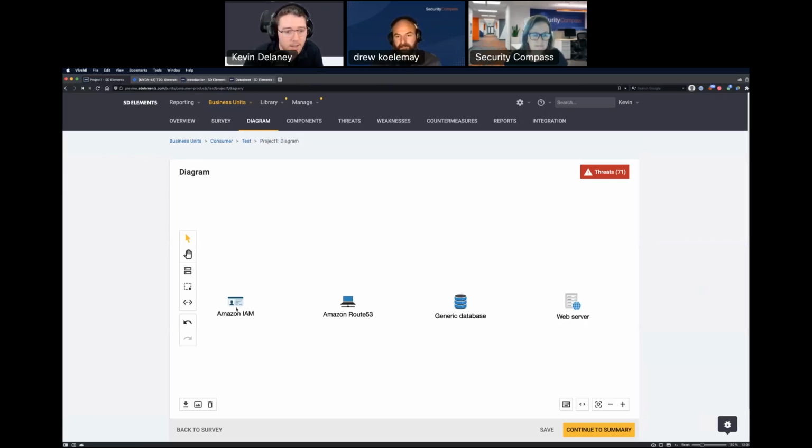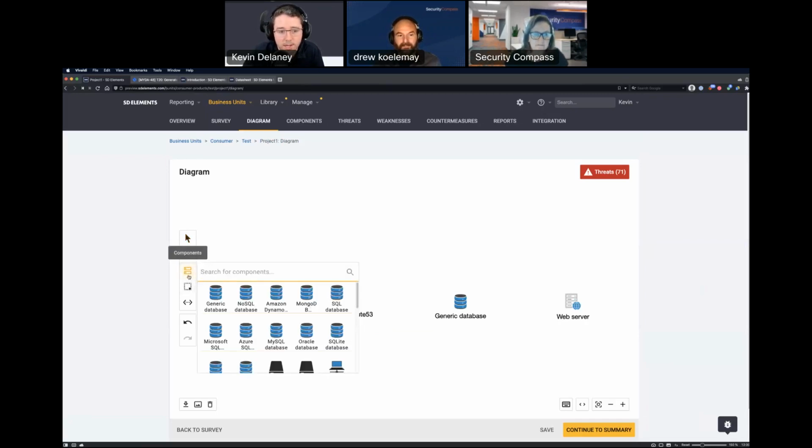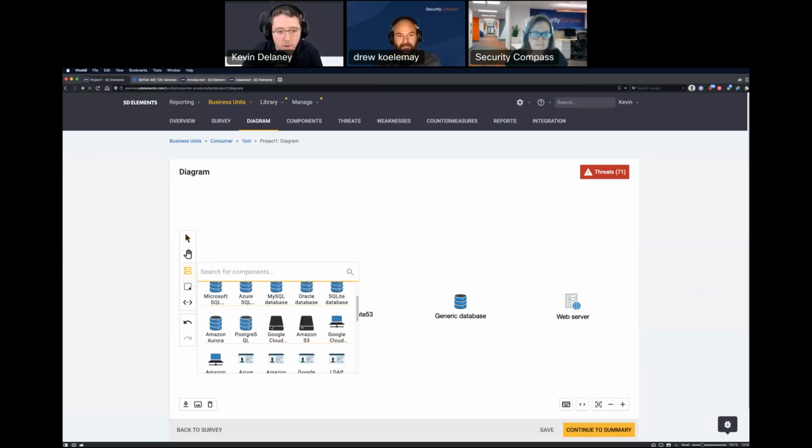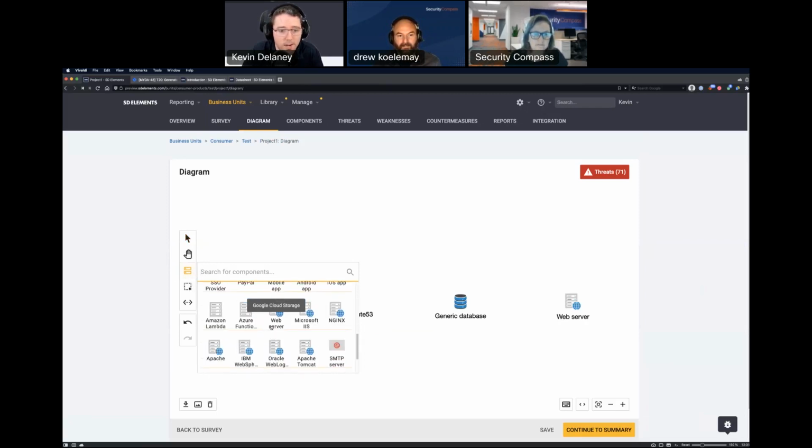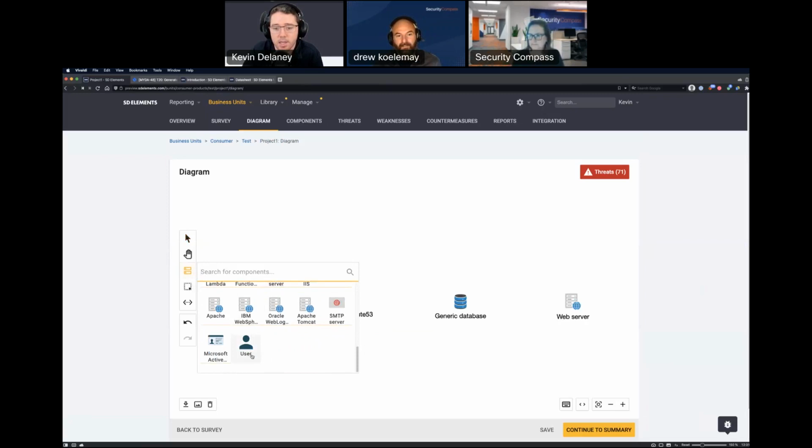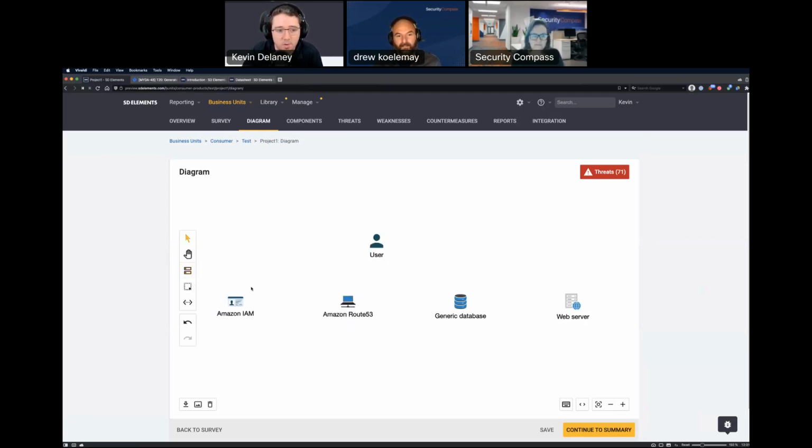So Amazon Identity Access Management, Route 53. We can then drag additional components on if we know that there are certain database types or certain other servers or users that we want to represent as part of our threat model. We can easily drag those onto the canvas and rename them. We can draw zones that will allow us to put certain trust boundaries together